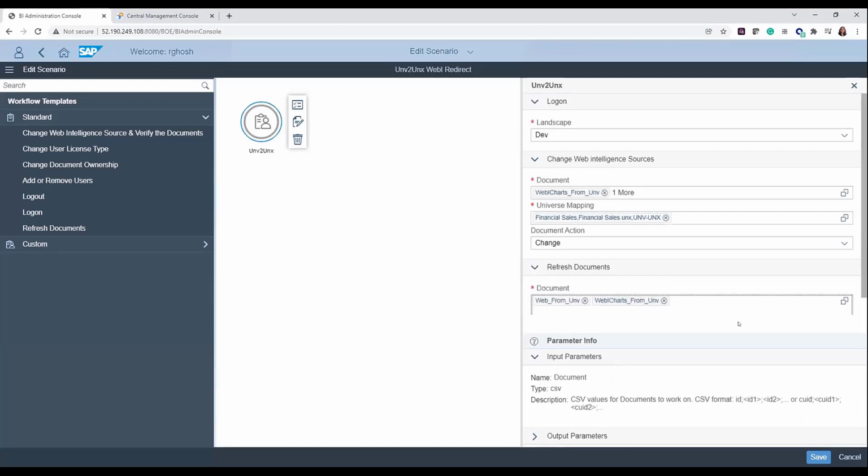For some reason, it also makes you do the refresh document step, just to ensure that after repointing, it runs all right. Unfortunately, you have to reselect those documents again to refresh the same list of documents that you have selected here.